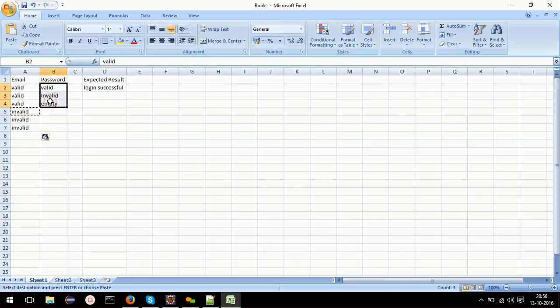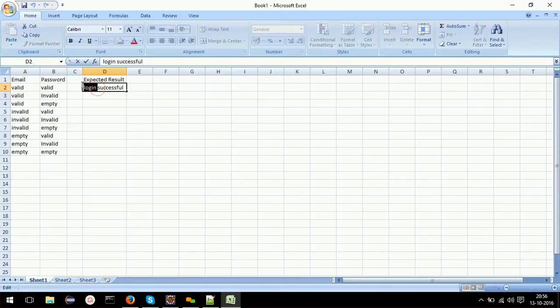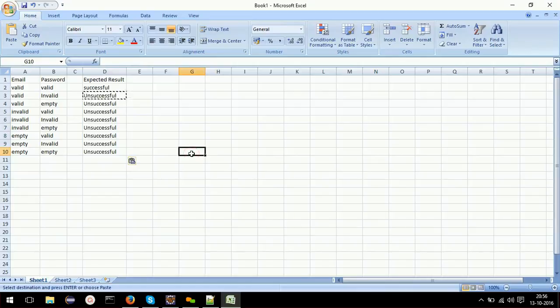So invalid also I try. So for invalid email, valid password, invalid password, empty password. Then empty, empty, empty. I repeat all these three. So out of these cases, only one case is valid, login successful. In all other cases,